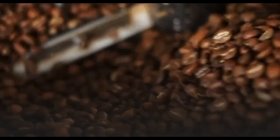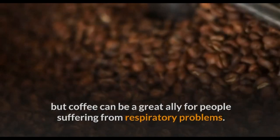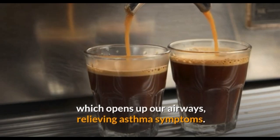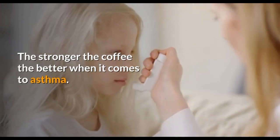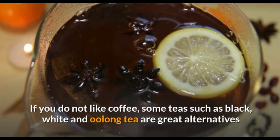Coffee. This may be new to you, but coffee can be a great ally for people suffering from respiratory problems. The reason is simple. Caffeine is a bronchodilator, which opens up our airways, relieving asthma symptoms. The stronger the coffee, the better when it comes to asthma. If you do not like coffee, some teas such as black, white, and oolong tea are great